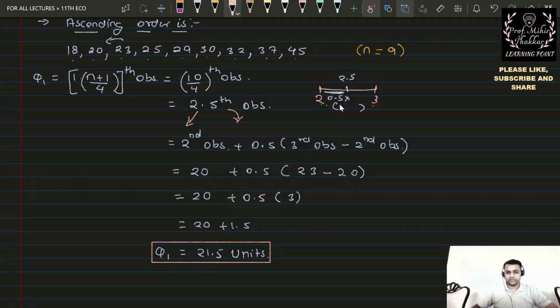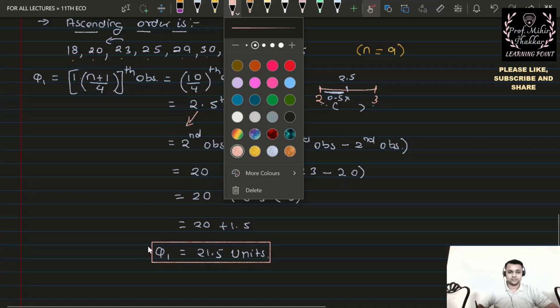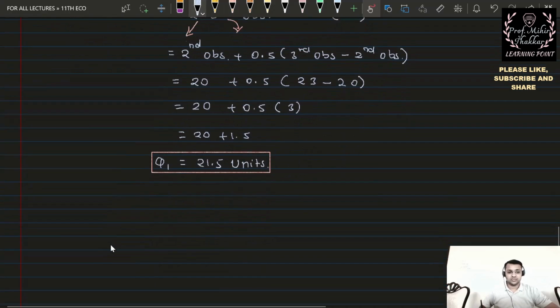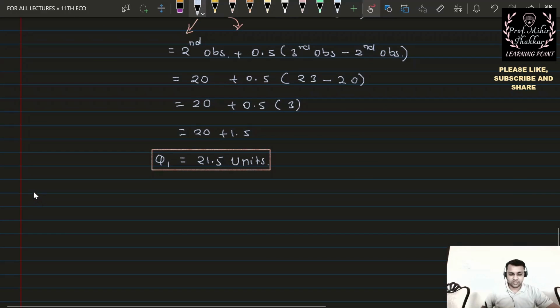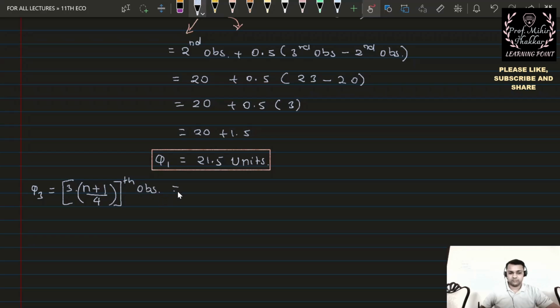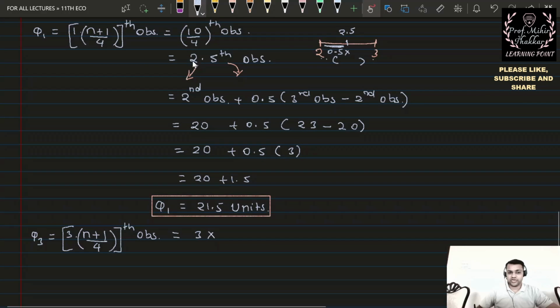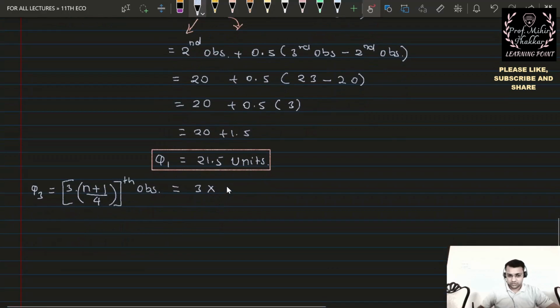So this is one part of your answer. After that, let us try to get the value of the upper quartile, which is the third quartile. So it is 3 into (n plus 1) upon 4 observation, which is n plus 1 by 4. We have already taken, it is 2.5. So 3 into 2.5th observation,